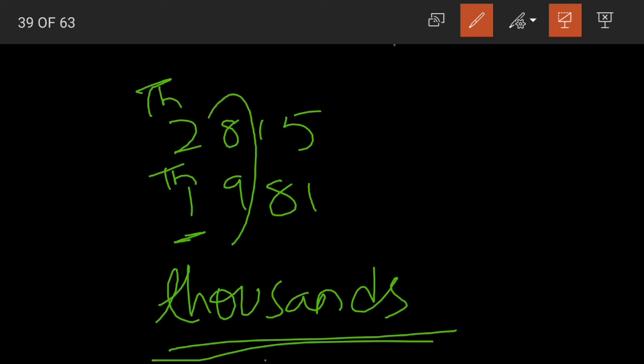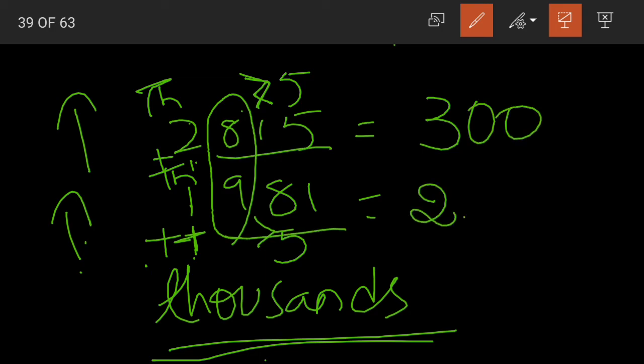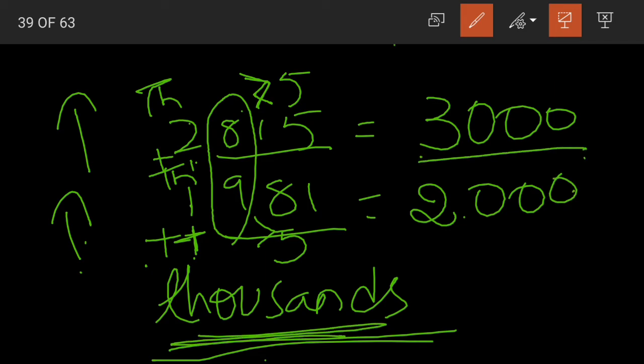How do we do that? We look at the digit in hundreds place. Yes, now here 8 is greater than 5 and also 9 is greater than 5. So what will we do? We'll round up. What do we mean by rounding up? We'll add 1 to the digit in thousands place. 2 plus 1, 3. Here 1 plus 1, 2. The remaining 3 digits will be replaced by zeros. Yes, to the nearest thousands, right? 3000, 2000. Clear children?